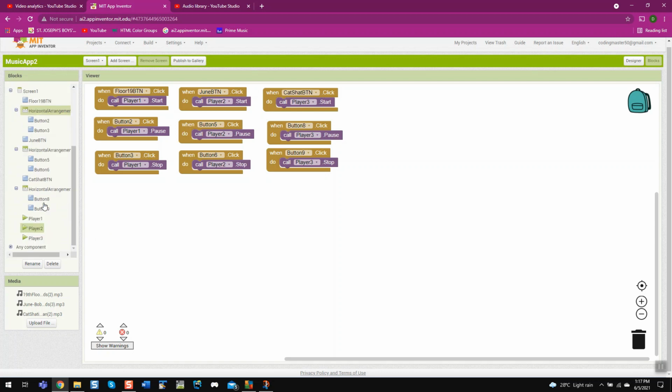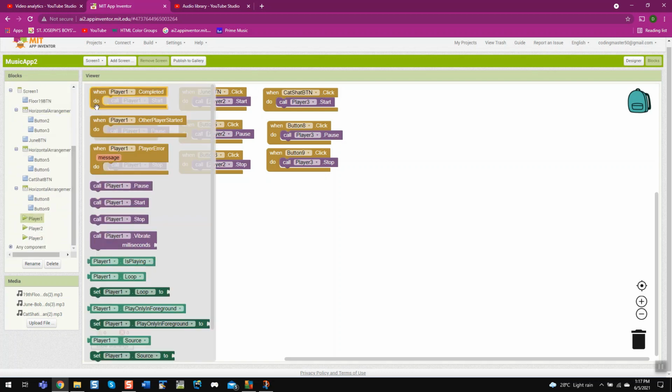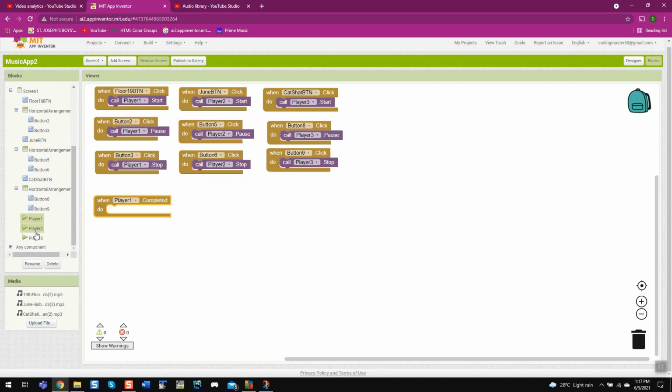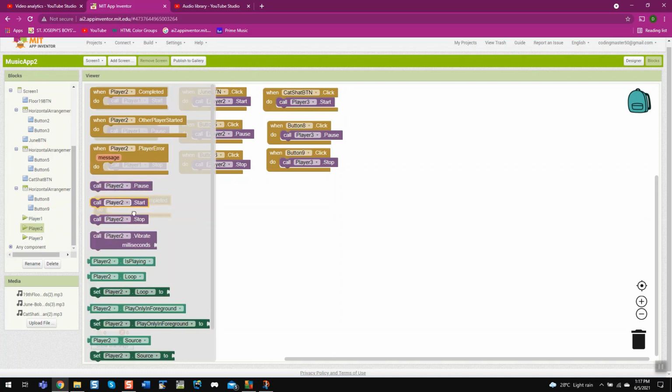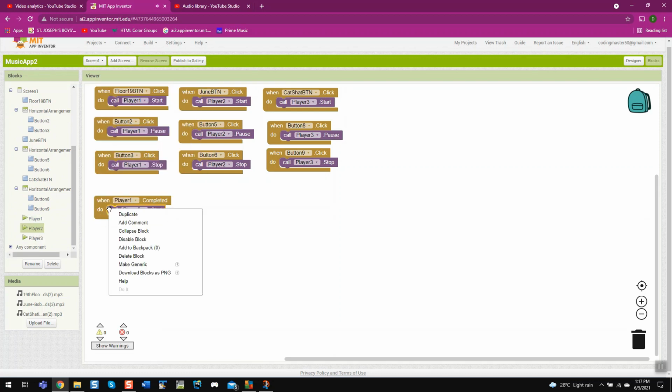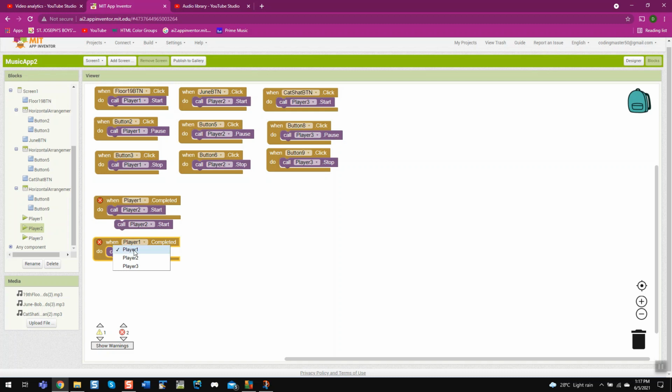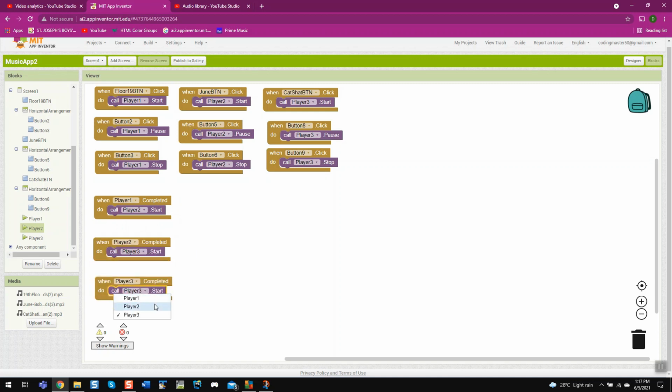Now when player 1 dot completed, set player 2 dot start, and when player 2 dot completed, set player 3 dot start. And one last time, when player 3 dot completed, player 1 dot start.